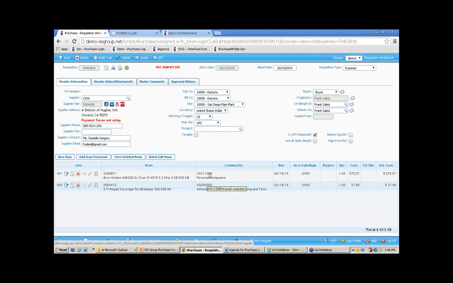Okay, well, you also use it for shopping in our catalog. So if a supplier does not offer punch-out capability, and many smaller suppliers do not, we offer full catalog management capability. So if you get your supplier to send you an electronic catalog, and that's nothing more than an Excel spreadsheet in the right format, and we would, of course, give you that format, we allow you to load that catalog into iPurchase, and you can shop against that catalog in a very e-commerce-like shopping experience,